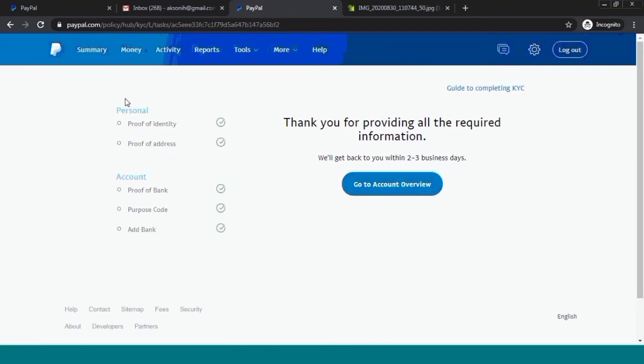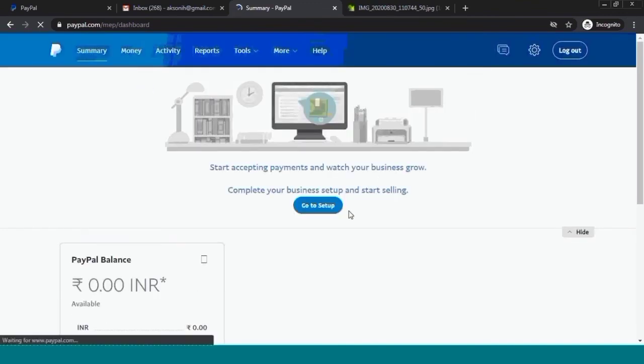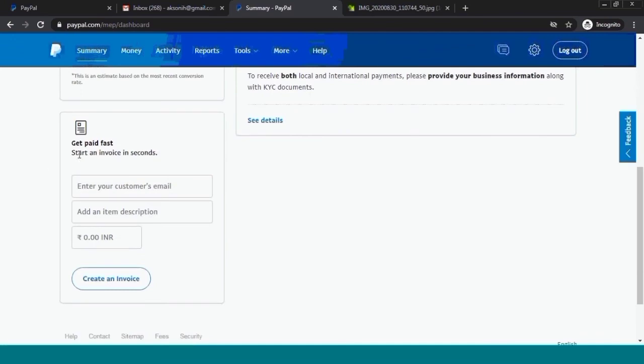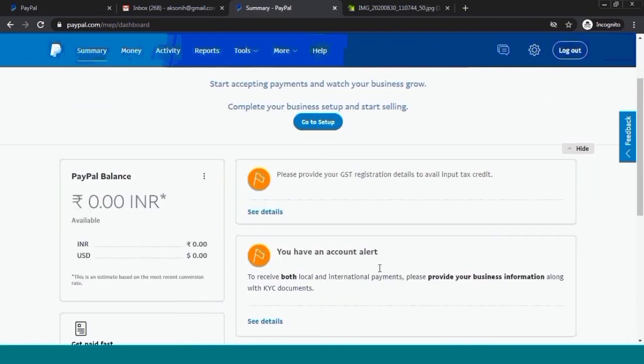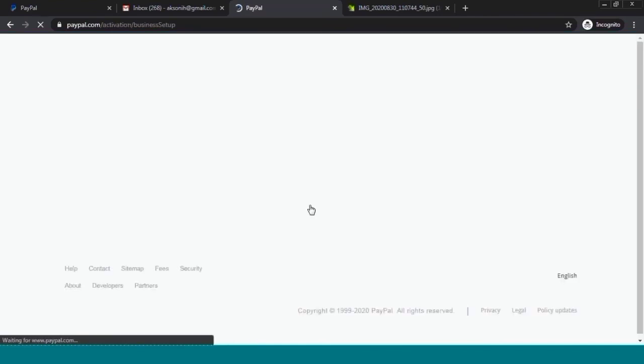So now all my KYC documents are uploaded, and click on this go to account overview button. So here, now my KYC documents are submitted, and for more setup I have to click on this go to setup button.